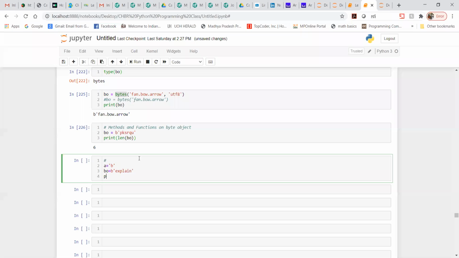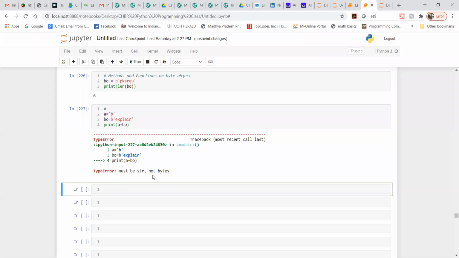Then let me perform print, and then let me write a plus b. What output are we getting? Must be str, not bytes, because you have taken str.